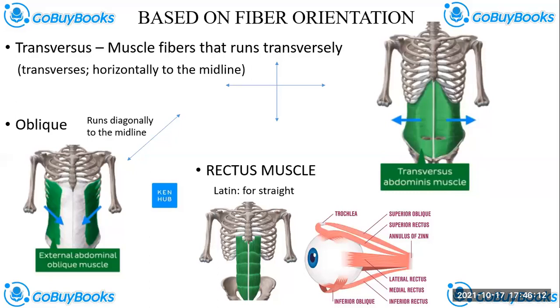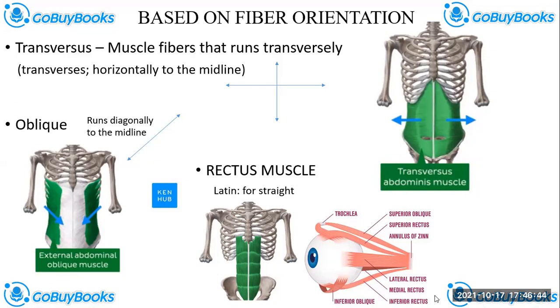So I have all the muscles complete, but when you work out very well, the muscles become obvious. That's why when they are all obvious, you say this person has 6 packs. But when someone has 4 packs, it means only 4 of the muscles are obvious, and when they work out really hard, then everything becomes obvious. But rectus muscles, they come in straight. That's why they are called rectus.